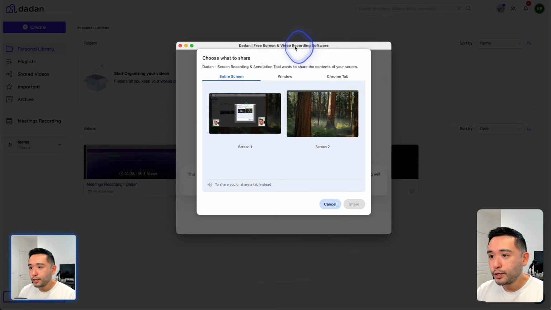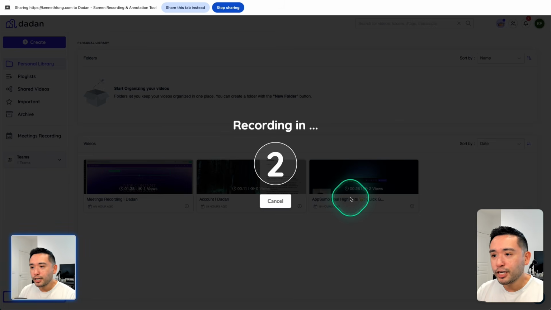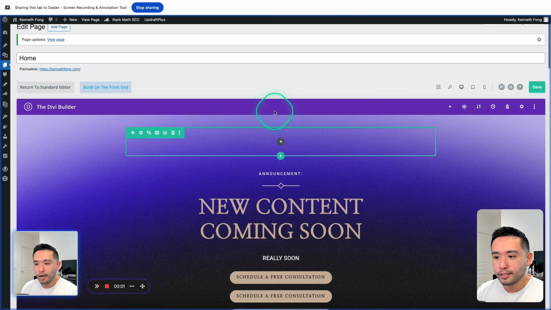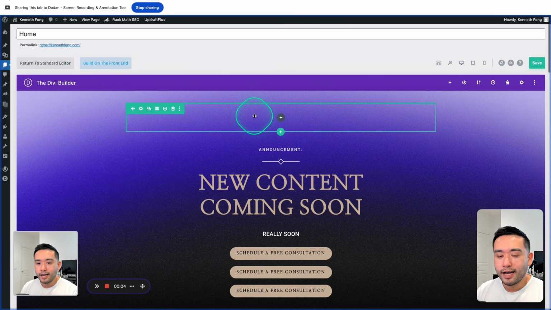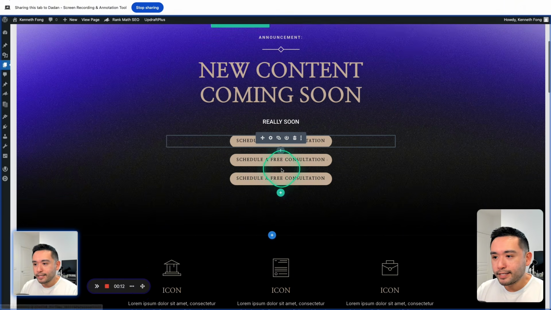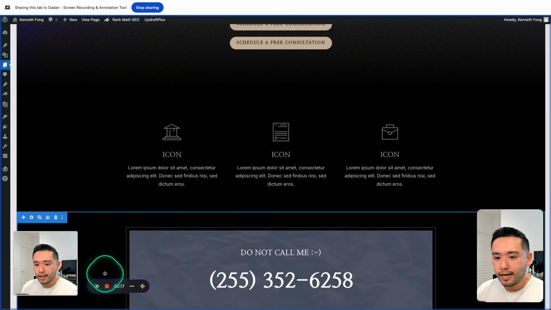And right now you have the option to do the entire screen, a window, or a Chrome tab. I'm gonna share a Chrome tab. So I'm actually in the process of working on my website, my homepage, and I'm using Divi. I found a template and I'm basically adding buttons, figuring out if I should be adding